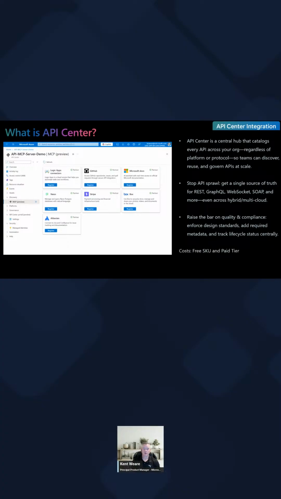And you might be wondering, is this going to cost a lot of money? There are two modes here, two SKUs: a free SKU and a paid SKU. What I'm going to show you today is the free SKU, and it's fully functional. It's not a trial. There is a limit of up to 200 different APIs that can be registered. So that's your constraint, but it gives you a lot of runway to see if this is a tool that will be quite useful for you or not. That's something to keep in mind.